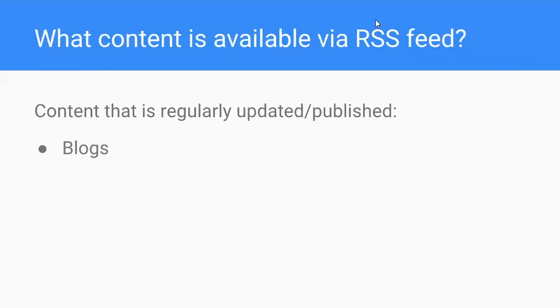All right. So blogs are one thing, right? Those are things that are regularly published. A lot of blogs have RSS feeds available. Keep in mind that usually it's good practice to have an RSS feed available. So if you're the one creating the content and doing regular publishing, like on a blog, you probably want to make sure there's an RSS feed available. If you're using a content management system like WordPress, there are plugins that generate those by default that you can use. But not every blog has one.